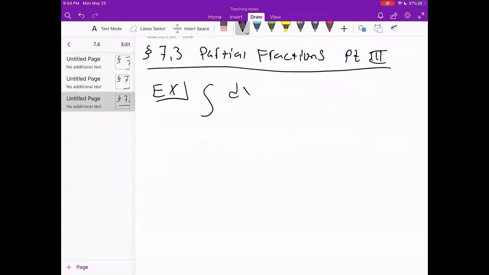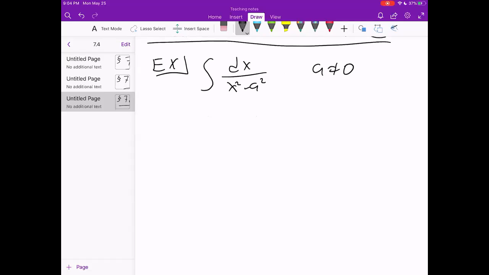So we have the integral dx over x squared minus a squared, and a is not equal to 0. All that guarantees is that when we do this decomposition, things make sense. Okay, so we're just going to go through the partial fractions process, and it's the same as what we did last time. Step 1,